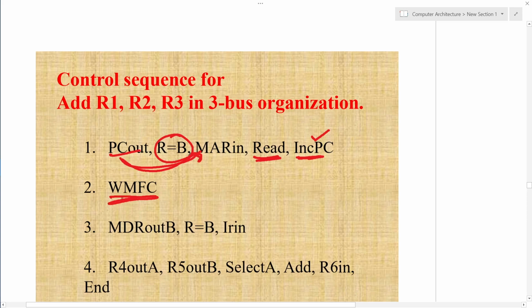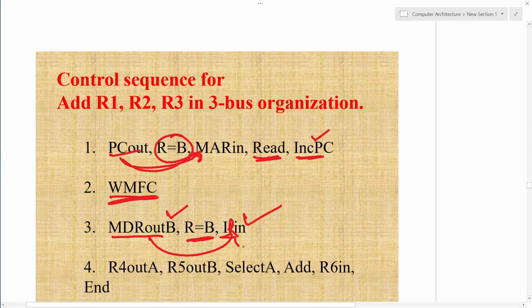For that we use the wait for memory function to complete signal, and once the information is available at MDR, and we are using register B because we mentioned the bus as B, that content from MDR will be written to IR. That means ultimately the content of the PC is transferred to MAR, and with the help of MDR the information from the location identified by MAR is available at IR.